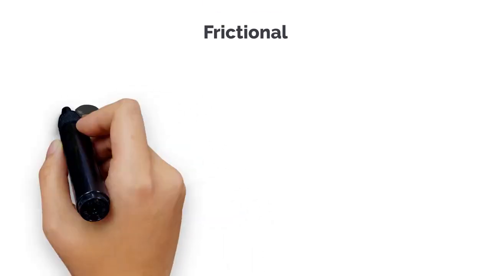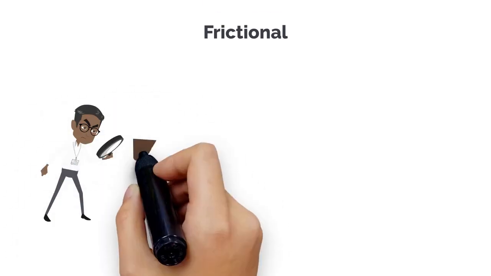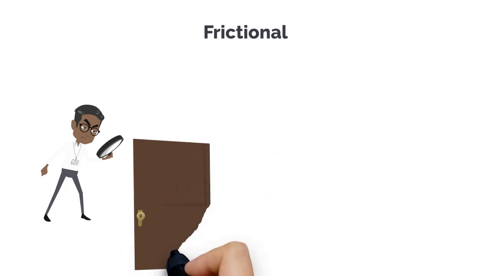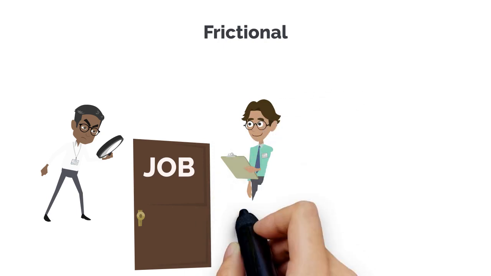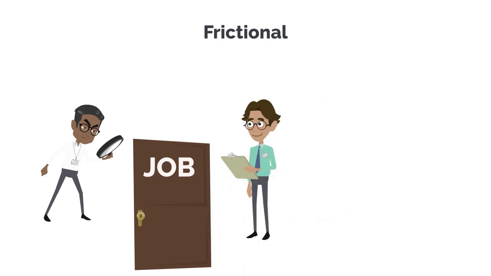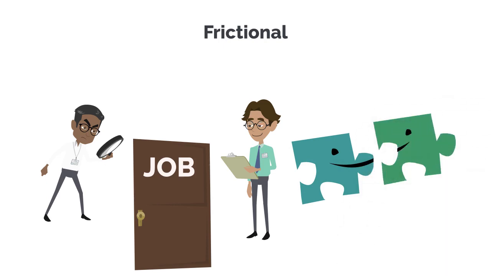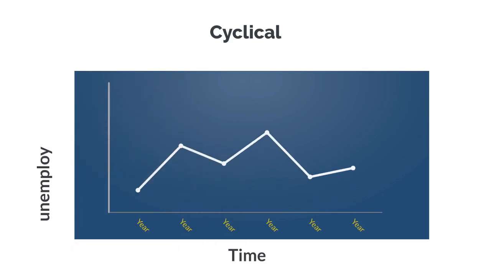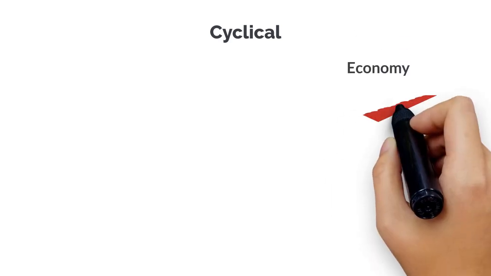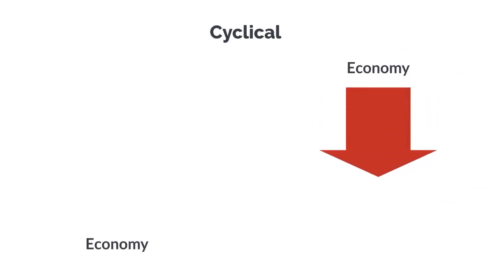Frictional. Some unemployment may be unavoidable by policymakers entirely, such as frictional unemployment, which is caused by workers voluntarily changing jobs or first entering the workforce. Searching for a new job, recruiting new employees, and matching the right worker to the right job are all part of it. Cyclical. Cyclical unemployment is the fluctuating type of unemployment that rises and falls within the normal course of the business cycle. This unemployment rises when an economy is in a recession and falls when an economy is growing.